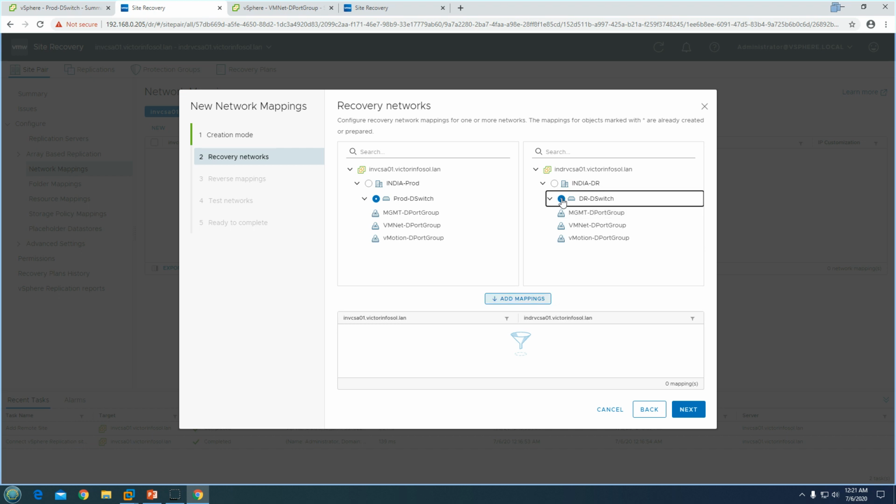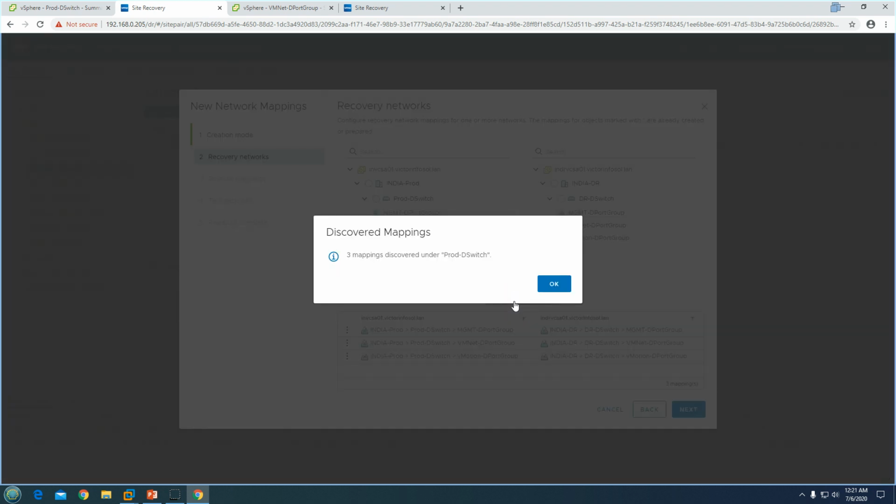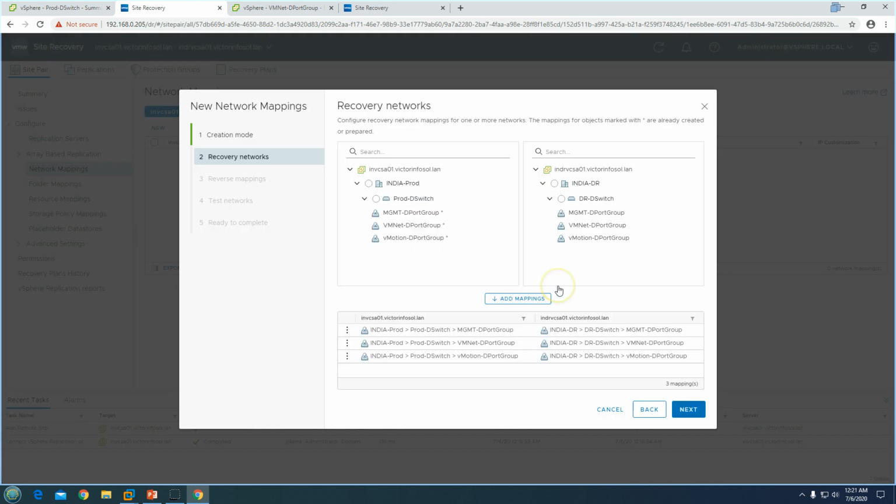So I'm good with this. I just need to click on add mapping. It's going to add three mappings discovered under the prod switch. You can see India prod got this switch, management, VMnet and vMotion. Same thing I got on DR also. So I'm good with this.